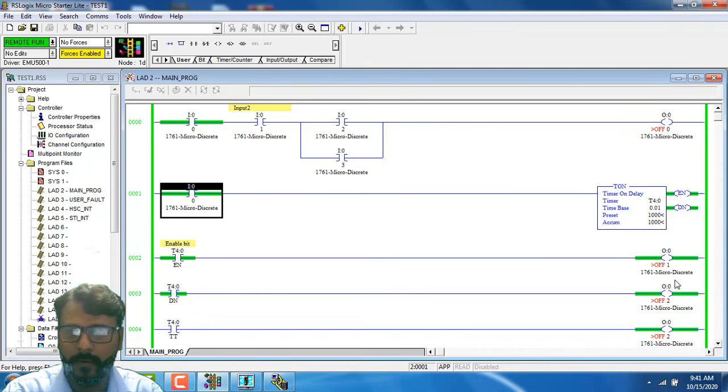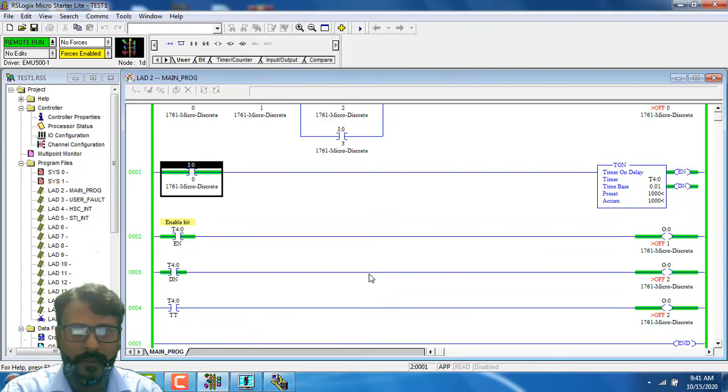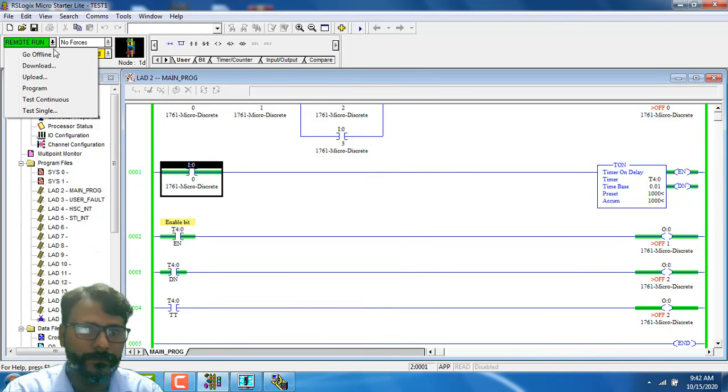Okay, this is a timer on. You can see. Okay, so you can use any bit according to your program and according to your project. So it depends upon you. You want to use done bit, you want to use TT bit, and you want to use enable bit. So now I will take off timer,